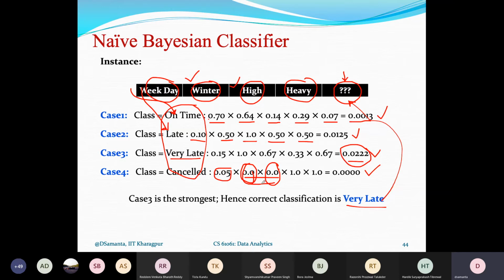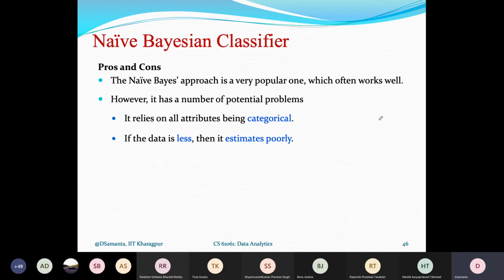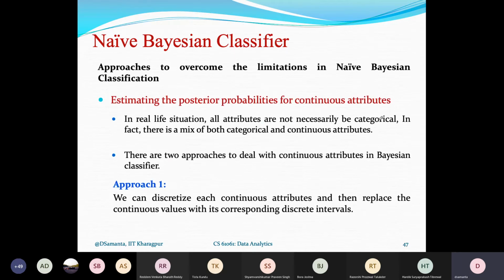As a consequence, these two probability calculations have 0 values, and because of the presence of 0 in the product, this gives 0. So here, for example, you chose one data in such a way that this becomes 0. Then whatever the other large values are, this will give you 0. So this is definitely not the correct estimation. This is a very critical problem as far as the Bayesian classification technique is concerned, and therefore people have addressed this problem.